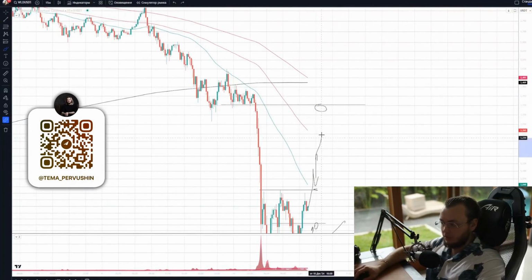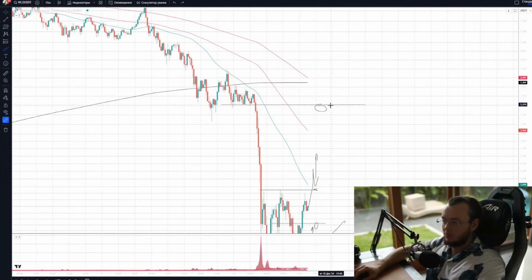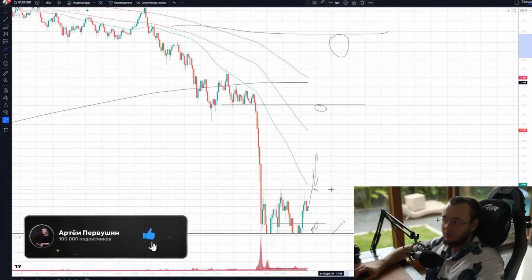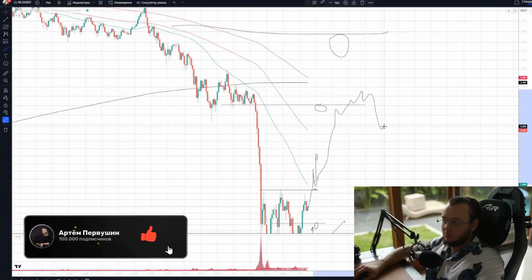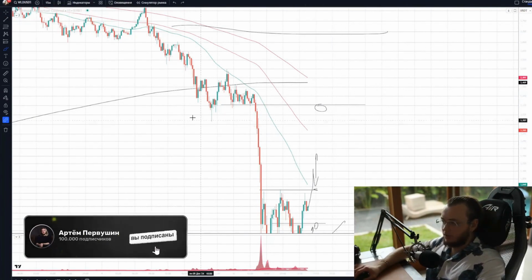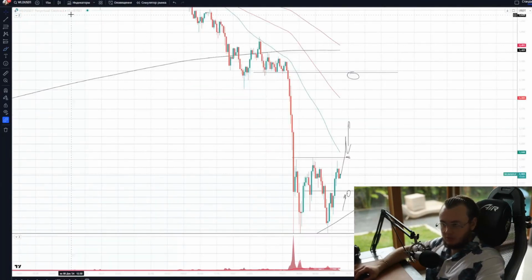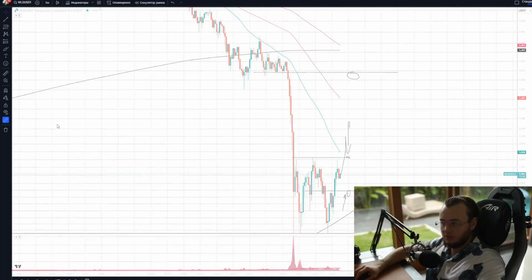Because if the price has already broken through it, then why would I want to take profit above it? The price has broken through, so it might give an impulse even higher, and I'll take profit at the next level. But doing it again, you might find yourself in a profitable trade, but not take the profit and end up losing money on it. So there's no need to raise the take profit. We take profit at the nearest strong level, but on the higher time frame.